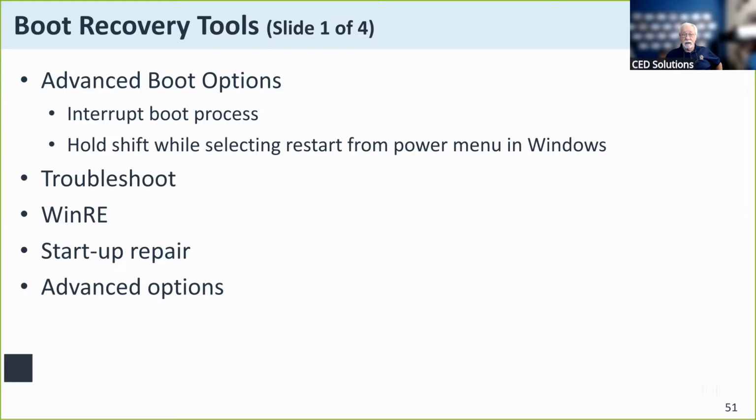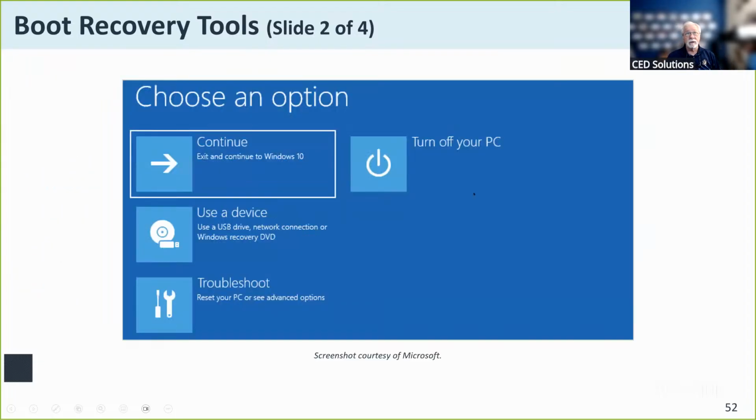You can set up, of course, and we looked at some of that in the setup menus earlier, all of your system startup functionality. They call it the Windows repair environment, Windows RE. That's where we interrupt the boot process and go into the Windows RE setup. Here's what it looks like.